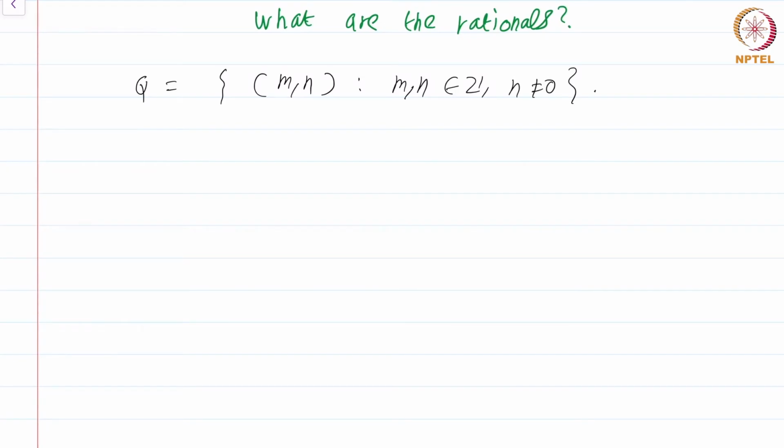As we saw in the last module, there is a difficulty. Several different elements in this set are actually identical. So what we do is instead we consider a new set, which again by abuse of notation I just denote by Q again. I just define it to be equivalence classes